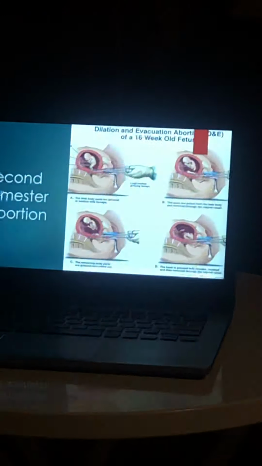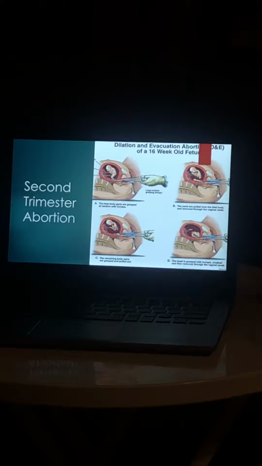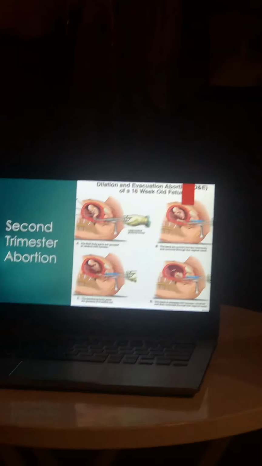Here is second trimester abortion, and it explains it there. While reading the book Abortion by Mike Walters, he explains what a second trimester abortion is and how it works. A dilation and evacuation procedure can be performed between 13 and 24 weeks. The doctor softens the cervix with a medication called Dilapan, and then widens the cervix and uses forceps to grab the baby out piece by piece. And that shows it in the picture.